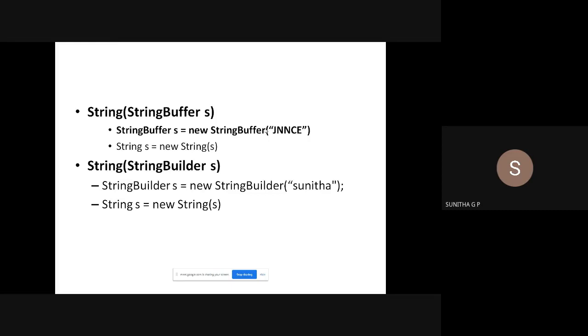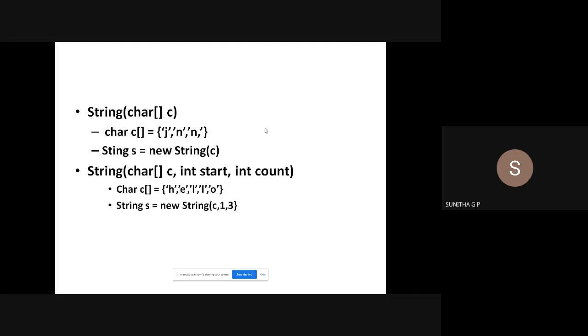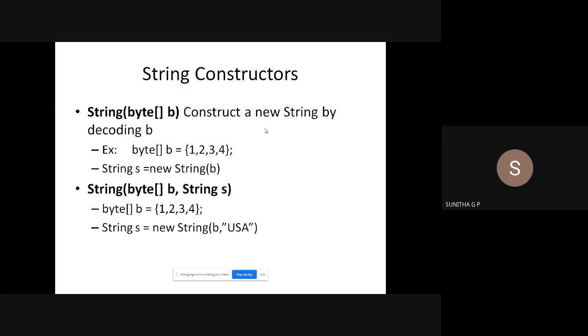These are the general things. From the basic data types int, char, and the other objects, a string is created. So the respective constructor syntax we have given. Based on the type of the parameter we are sending, different constructors are written. This is an example of constructor overloading.